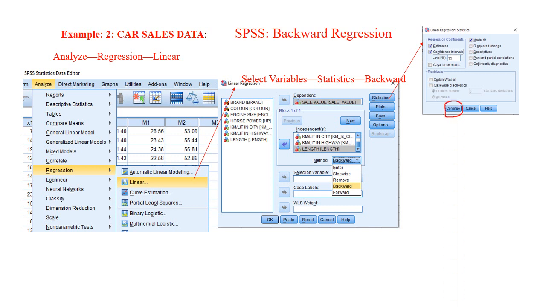Say continue. Once you say that, come back here, and you have to select the model which is required, that is method. Then there is a down arrow; you click that, there is a drop down menu, and then you will find backward. You click that backward, it will be registered, and then you can come back and click OK, and it will be recorded.